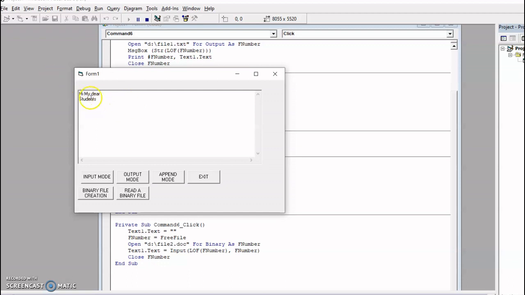After typing 2 lines of input over the text control, I have to give output mode. So this message box is for displaying the actual size of the file. Before starting to write, what is the actual size? Since it is going to create the file as a new one, that is 0 bytes.